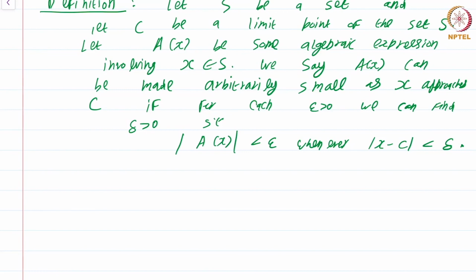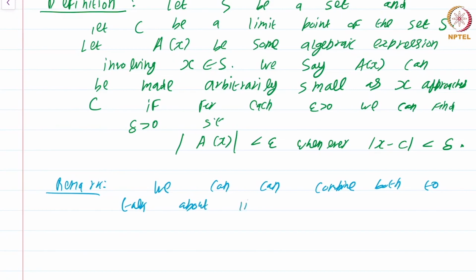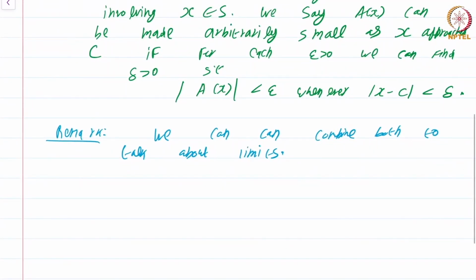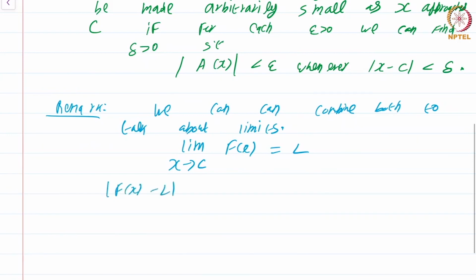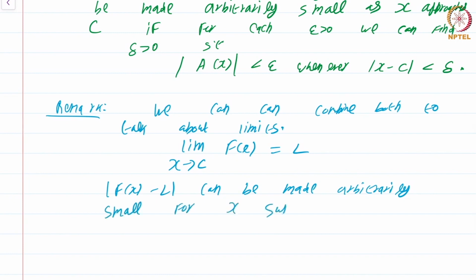Okay, now why are the first and second definitions useful? Well, remark, we can combine both of these to talk about limits. How do we do this? Well, we can rephrase limit as x going to C of f of x equal to L as saying mod f of x minus L can be made arbitrarily small for x sufficiently close to C. This is sort of combining the meanings of both